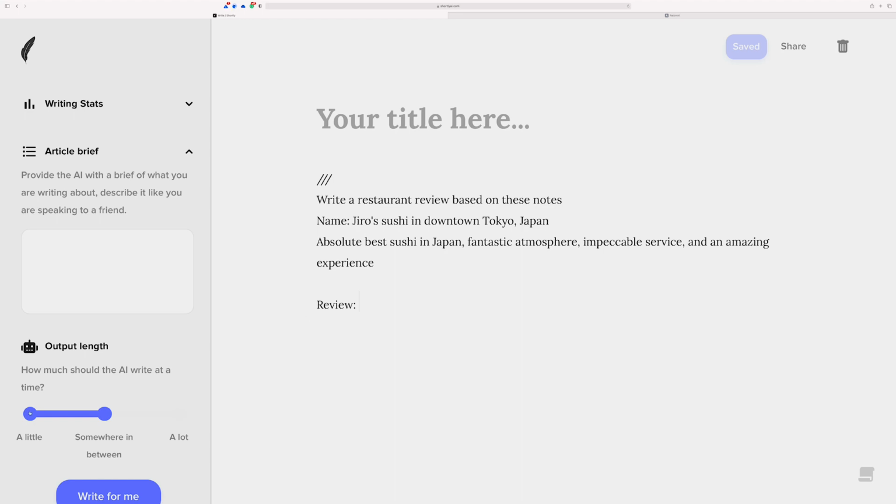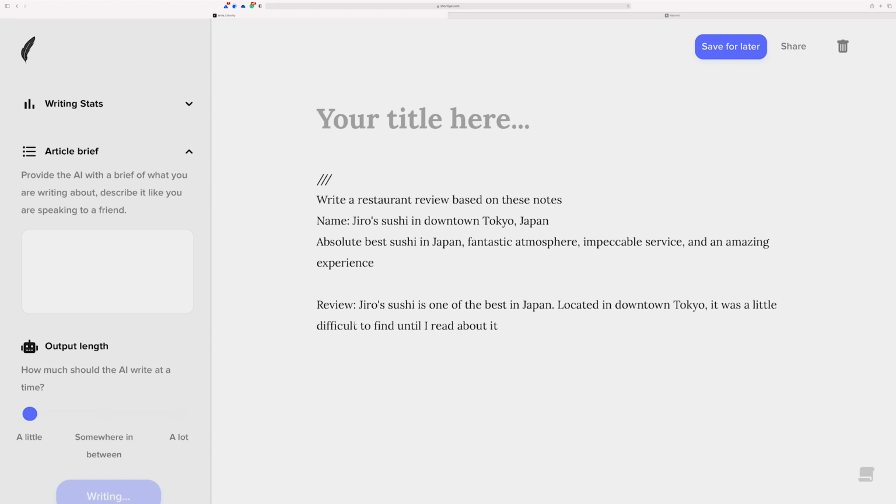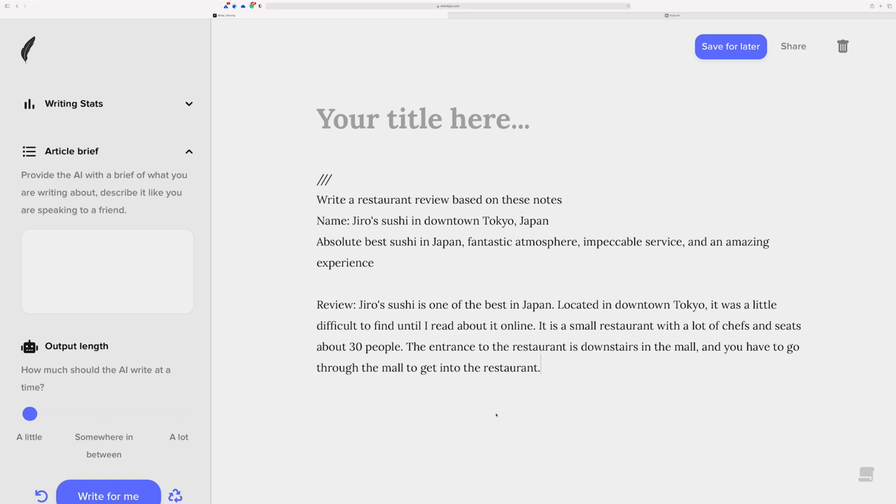I'm going to set this to a little just because I don't want it to write a ton. Put it back here, hit write for me. Let's see if it does. Okay, and then I can keep going. This is going to help me give you another point because